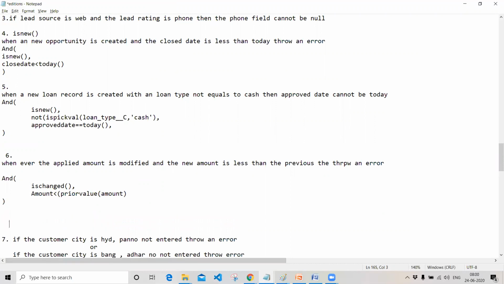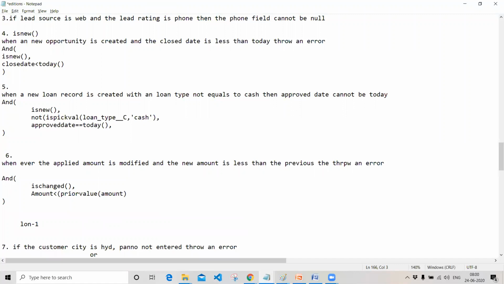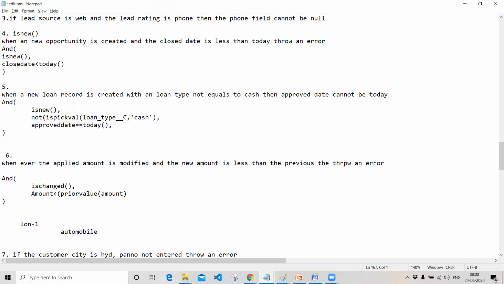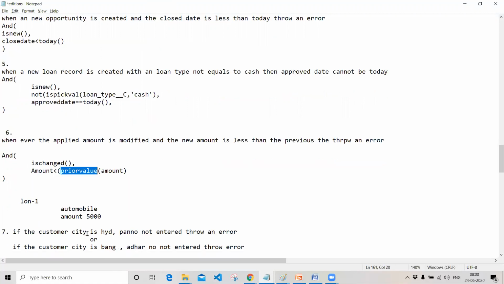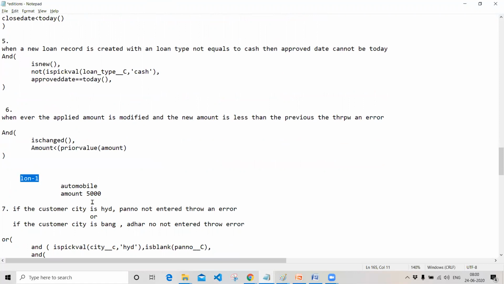You have a record called Loan 1 record. It has fields like loan type as automobile, and the amount field is 5,000. So what is this prior value then? You are opening this loan record and changing this value to 6,000.